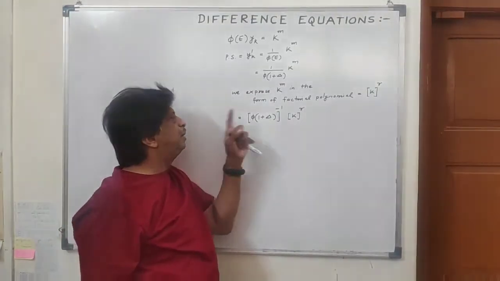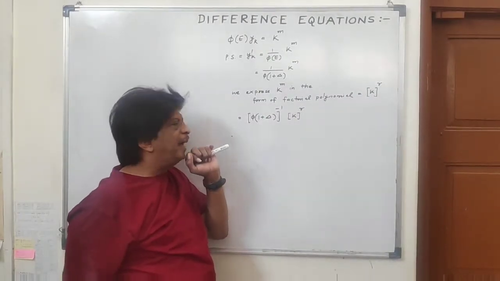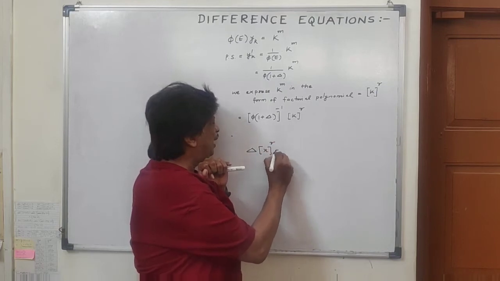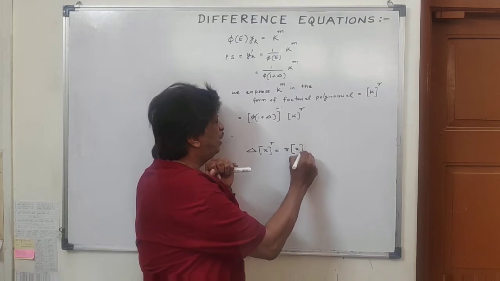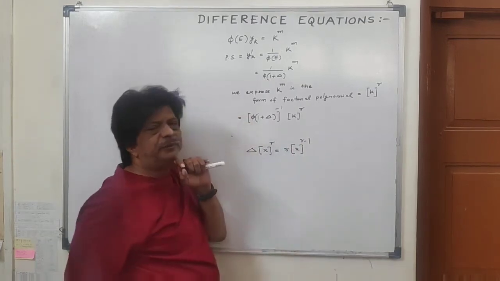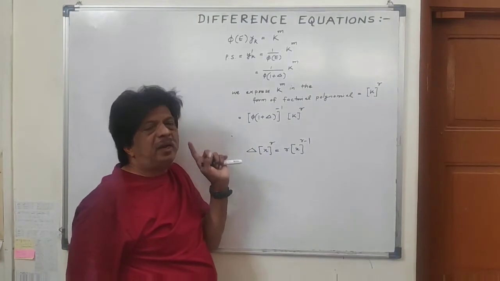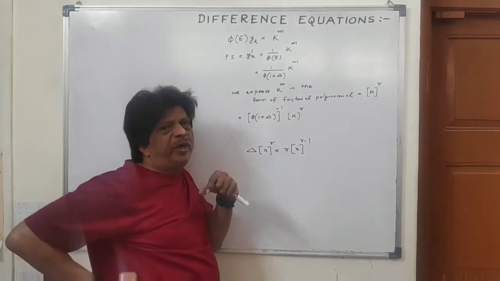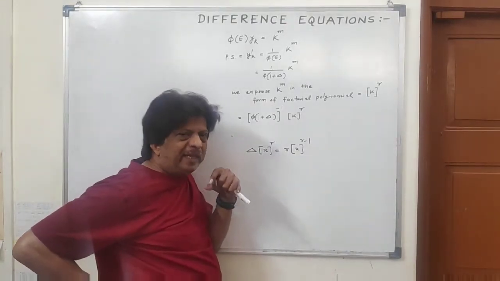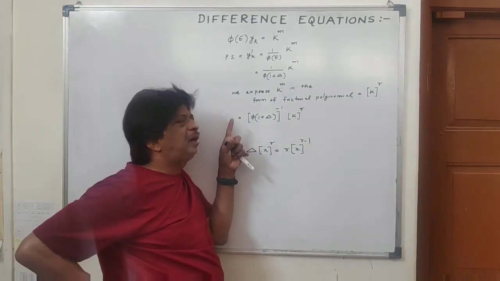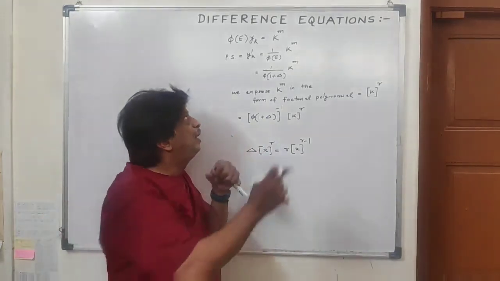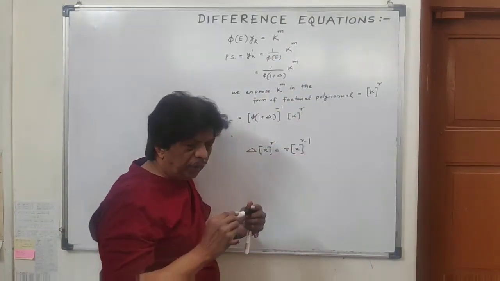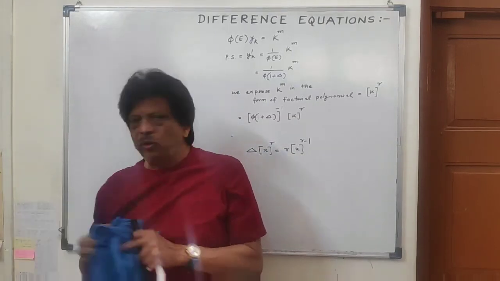Now, why have we expressed this ordinary polynomial as a factorial polynomial? Just because delta of x raised to power r is equal to r into the factorial polynomial r minus 1. This delta operator operates on the factorial polynomial as good as the derivative operator. That is why we transform this ordinary polynomial into the factorial polynomial. Now we shall see how to convert the ordinary polynomial into the factorial polynomial.